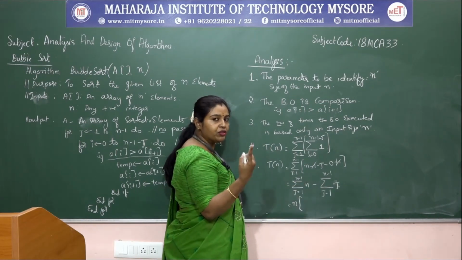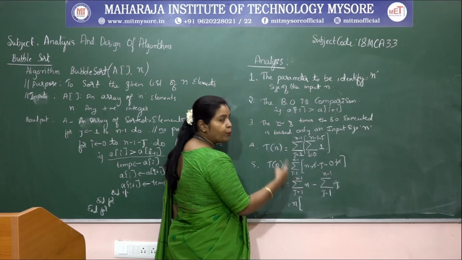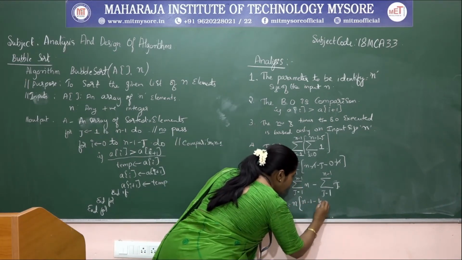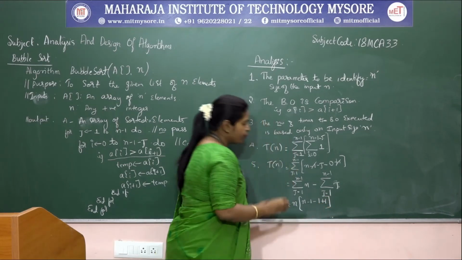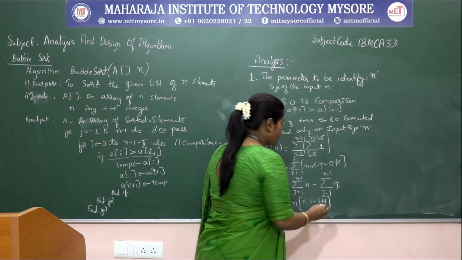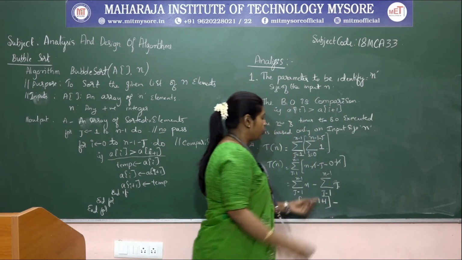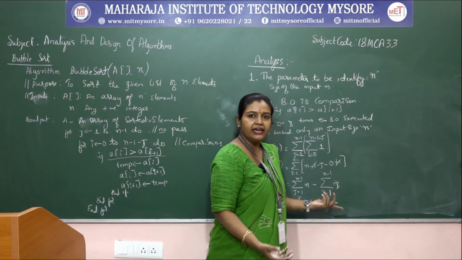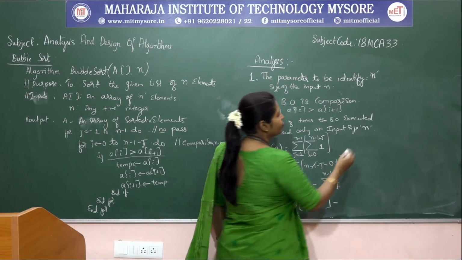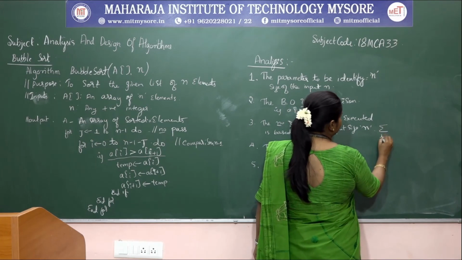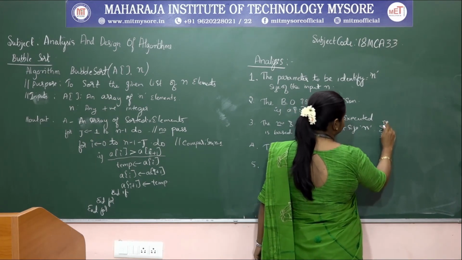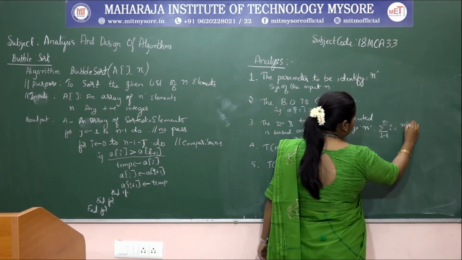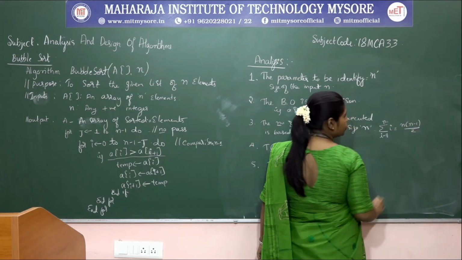Then you can apply which formula? Upper bound minus lower bound plus 1. So that is n minus 1 minus 1 plus 1. Next minus, now j is equal to 1 to n minus 1 of j. Therefore j is a variable term, so we need to apply the summation of i for i is equal to 1 to n, which has the formula n into n plus 1 divided by 2.